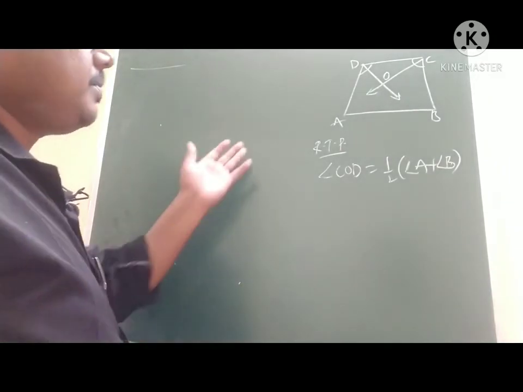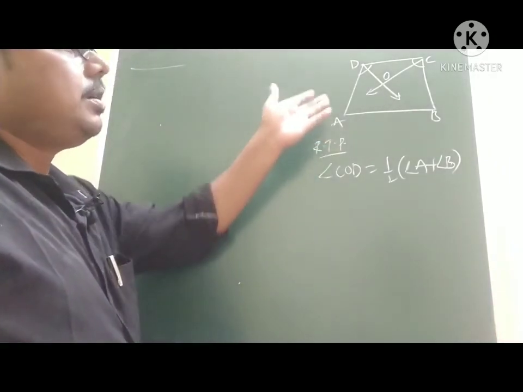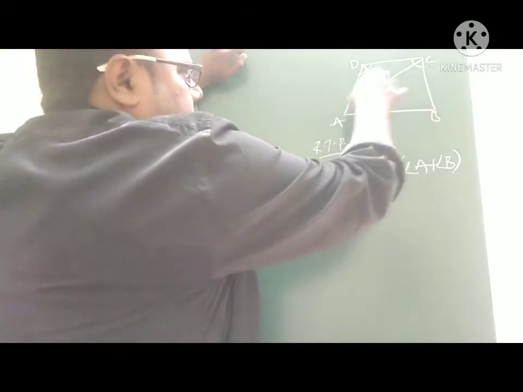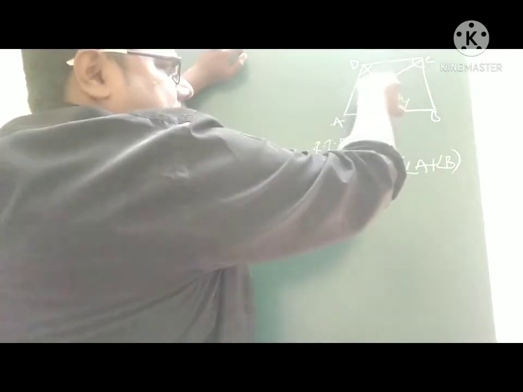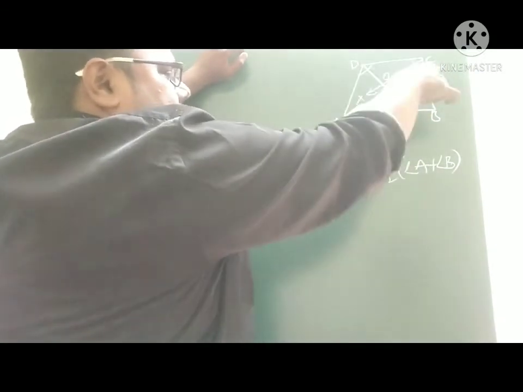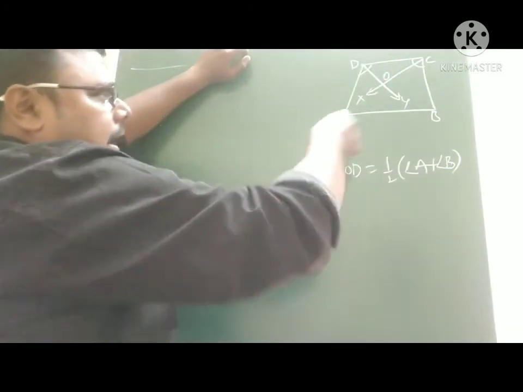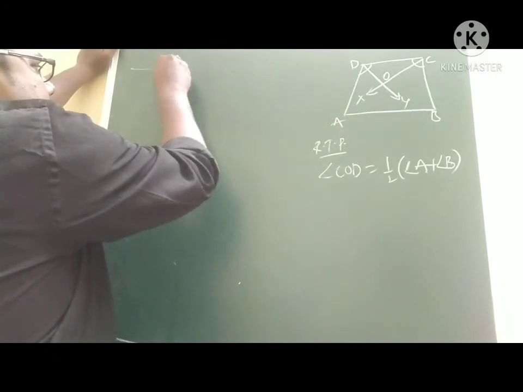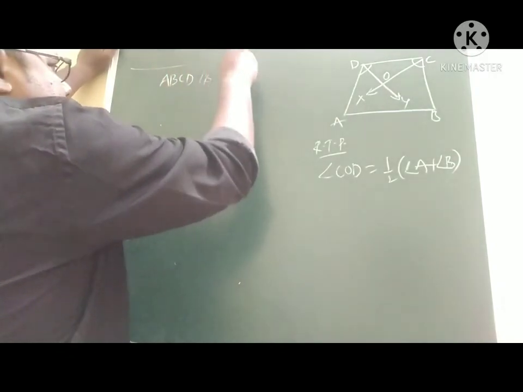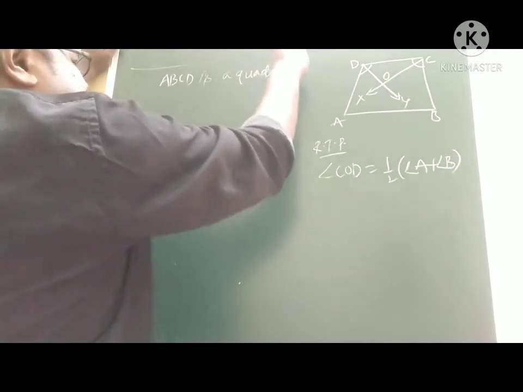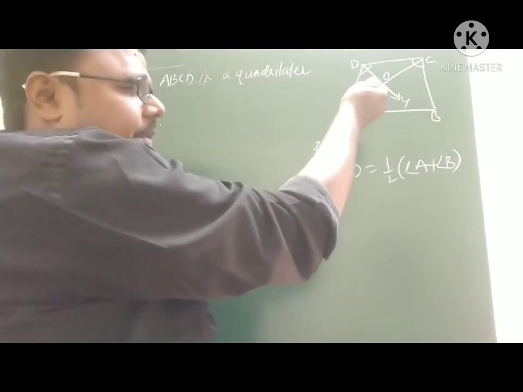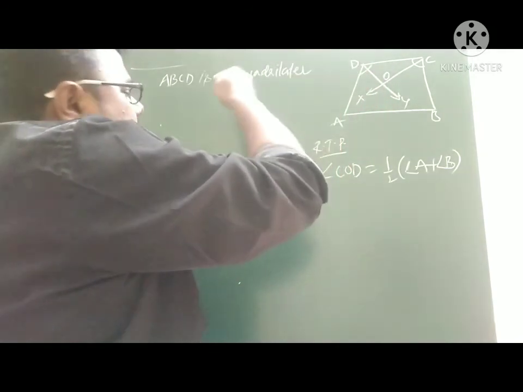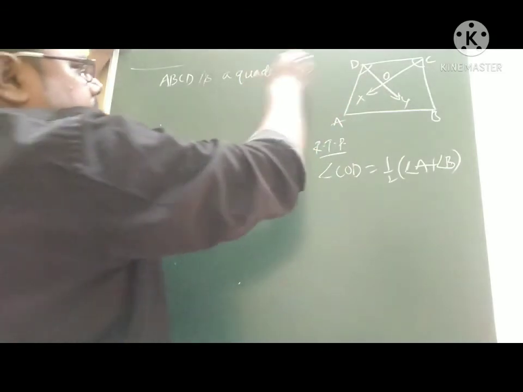Obviously we will first write the given: ABCD is a quadrilateral, and from C, if you want, you can give the names like X and Y. So CX will be the bisector of angle C, DY will be the bisector of angle D, and they both intersect at O. So first of all, ABCD is a quadrilateral, some kind of quadrilateral. We cannot judge that. Some of you might be predicting that it may be a parallel trapezium. But let us consider ABCD is a quadrilateral.